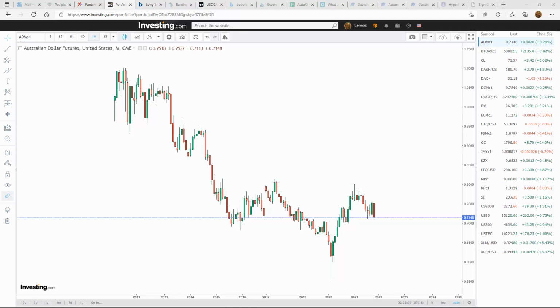This is the weekly outlook for the futures, currencies, Forex, and indices. It is the week of November 28th to December 3rd. Hope everybody is doing well and are safe.